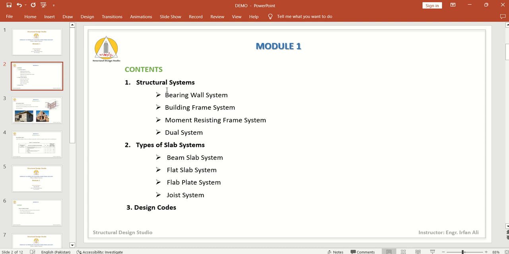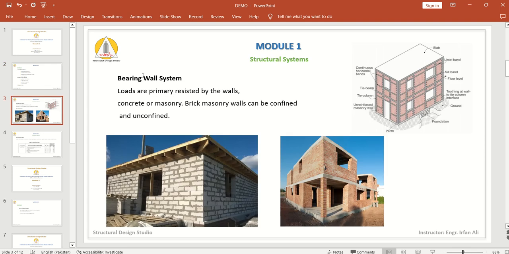So I have included the first one, this bearing wall system, just for the demonstration, and we will study the overall structure systems in our module 1. Actually the bearing wall system is the system in which the loads are primarily resisted by the walls. There are no columns and no beams, so it can be confined or unconfined, right? You can see this is the unconfined masonry, brick masonry. This is the unconfined concrete block masonry, and these are the confined masonries which consist of the columns and the